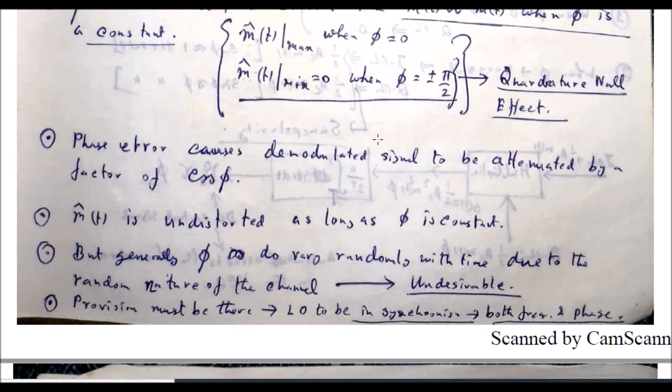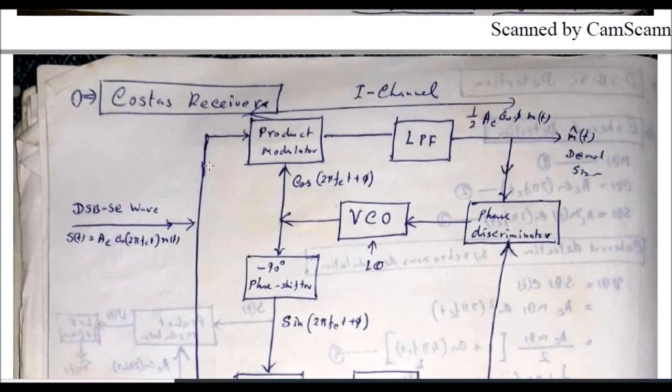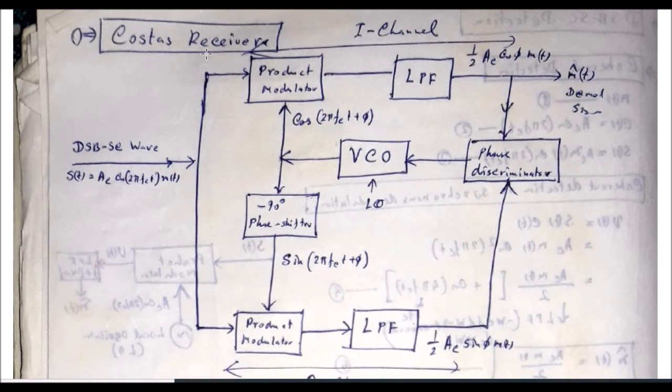That's why simple coherent detection will always be disrupted. You cannot have efficient reception by means of a simple coherent detector. It is not possible. You have to use some other, more complex detection technique, called the Costas receiver. Remember that the Costas receiver is one technique by which you can eliminate the effect of the time-varying phase difference between the transmitted and locally generated carrier. Okay, so what is this effect?